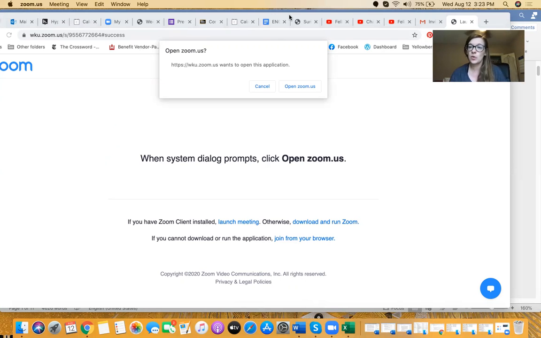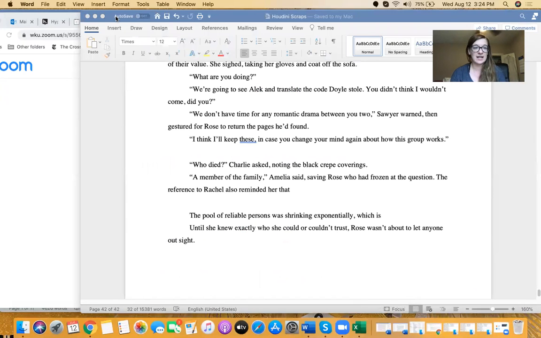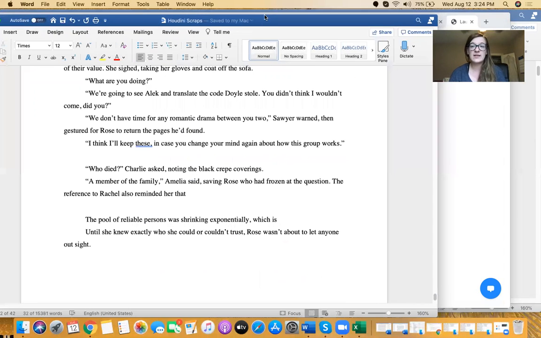The other part I want to go over is essentially how we're going to use these meetings to grade things. So I'm actually going to show you some of my own work right now. These are scraps from a novel I'm working on. They're terrible, that's why they're scraps. Just ignore that. But the idea is, if you submit your papers as Word docs, what I can do is,